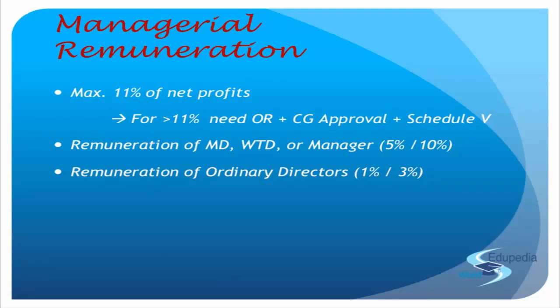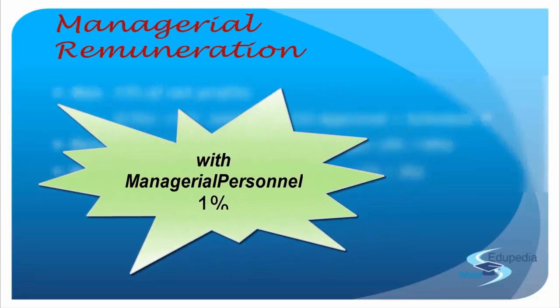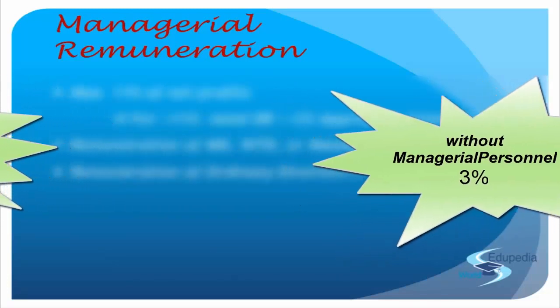11% of net profit is a very big amount, depending upon the scale of the company, obviously. But percentage-wise, it's huge. And to directors, they won't give this away as salary, right? So your slab, understand, the limitation for ordinary directors is just 1%. That will be increased because your workload has increased, because the managerial personnel are not there. You manage everything. Let's give you some more peanuts. So after 1%, we increase it to 3%. That's it. So with managerial personnel, 1%; without managerial personnel, 3%.